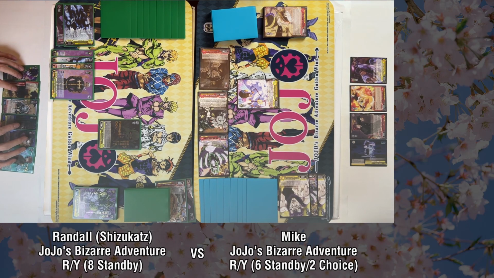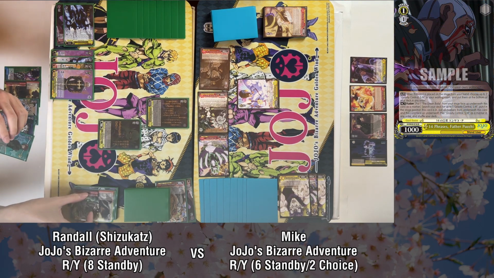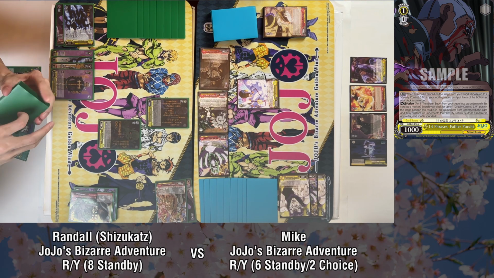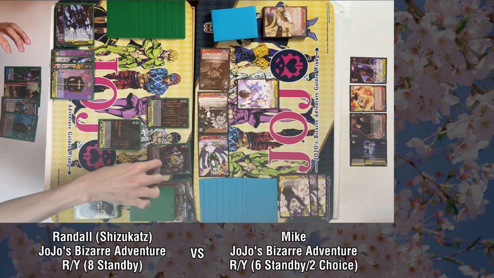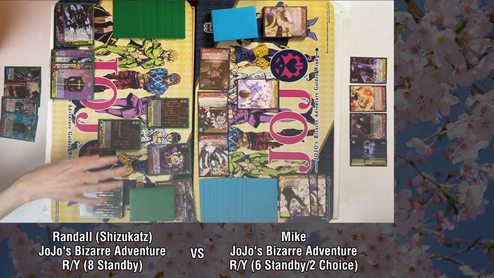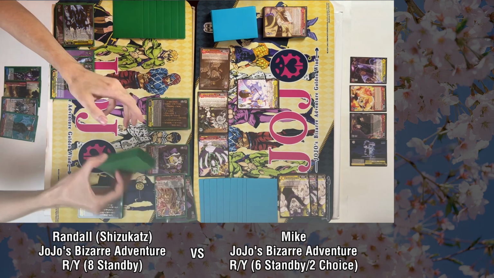Yeah, this looks like a pretty good spot to do nothing. So let's do nothing. I will play Enrico Pucci, and we'll put 1 on the bottom. We will play 1/1 Jotaro, and we will give 15 here, and then we'll fuse into